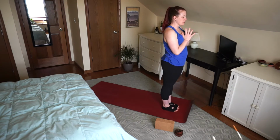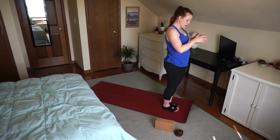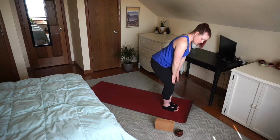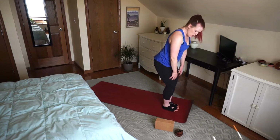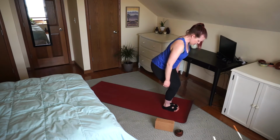And then softly allow your eyes to open. This time we'll come down into chair pose. So I want you to squat down and look down as you're squatting to make sure that your knees don't go over your toes. So you want to squat down only as far as you can so that your knees are still hovering behind